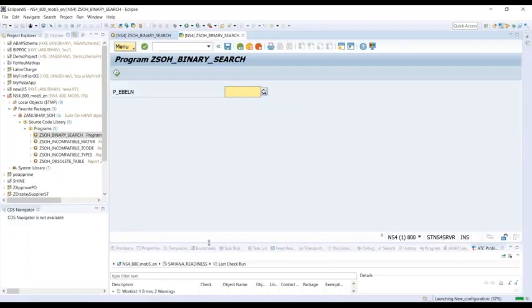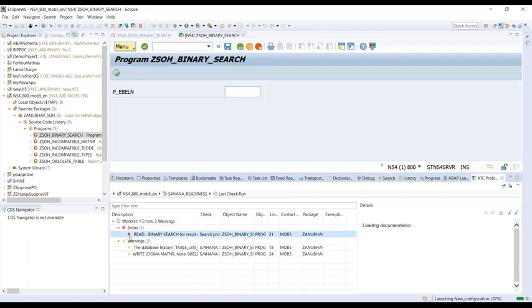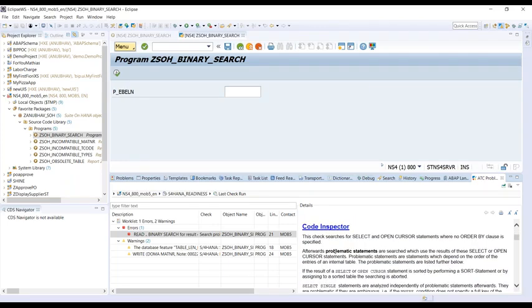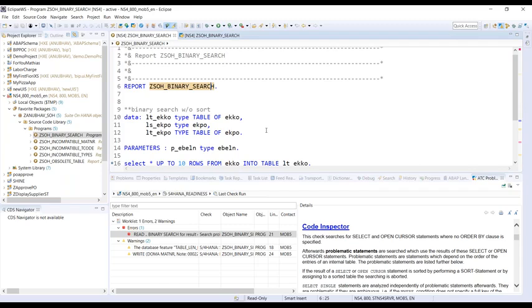You can see exactly the same finding it has got down there. See this finding, it's loading the documentation on the right side. You will see what the documentation has to say: read table with binary search for the result statement to be included, line number 18, it will lead to issues. Without an order by clause, the search is being done, which would lead to incorrect results. It's a problematic statement. So ideally you should do a sort on the internal table, or you should select the data from the database table with an order by clause. And this is exactly what we have seen in the functional DB case as well. So that is what has been done.